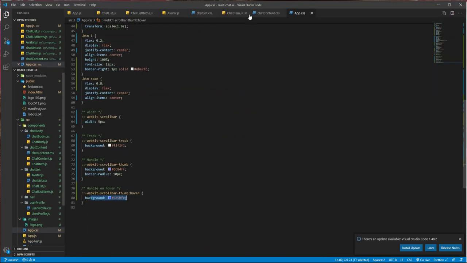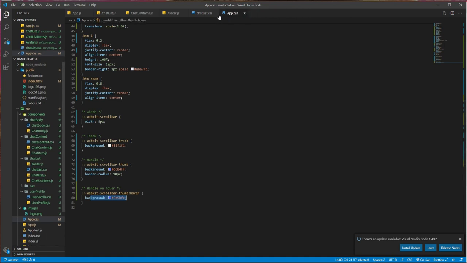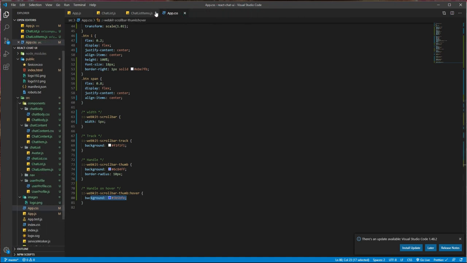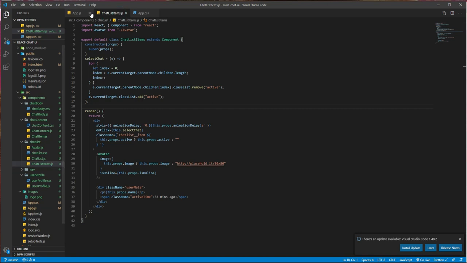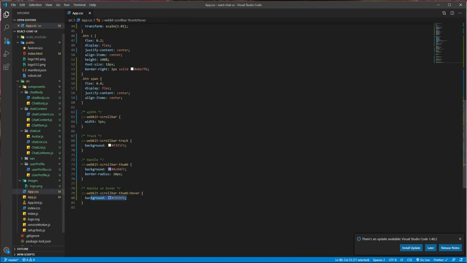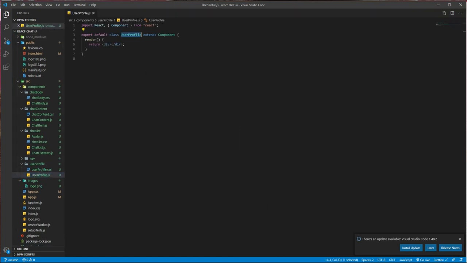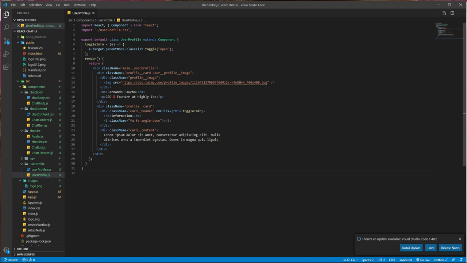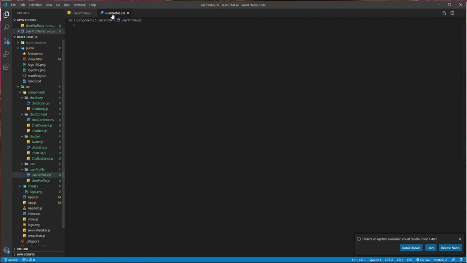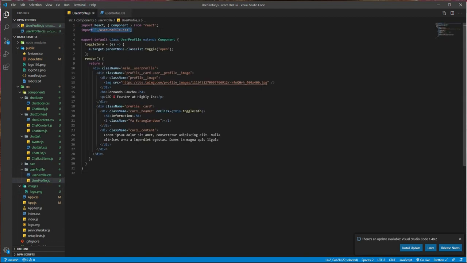So let's close this chat item, chat content, chat list, avatar, everything. Okay, so here is the user profile.js. In user profile.js, what we did: the user profile.css imported first, then we have added a div.